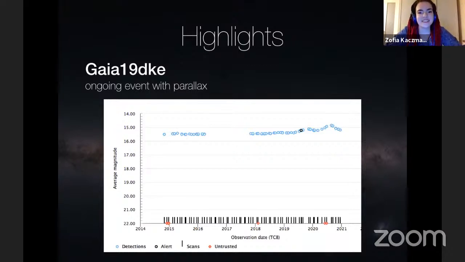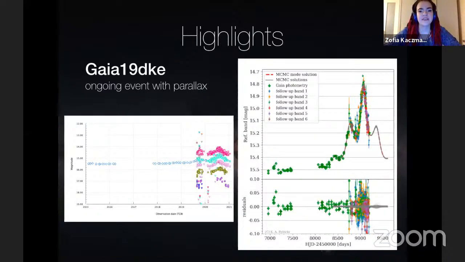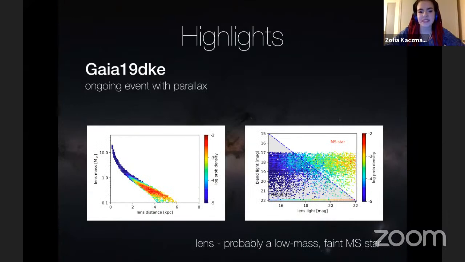So one is our lately favorite event, Gaia 19 DKE, that Marius will tell more about. I will just say that first, it's an ongoing event with strong parallax, and we were able to get really terrific follow-up on that from many, many bands, many observatories. And as you can see on the right, this great follow-up allowed us to really well constrain the model. So as for now, we can say that with a huge probability,